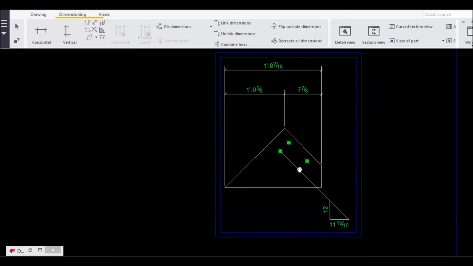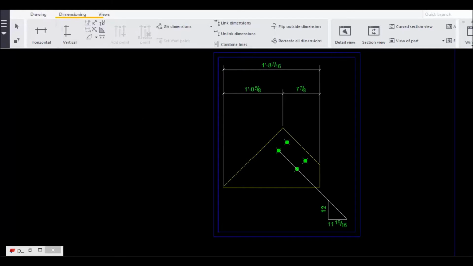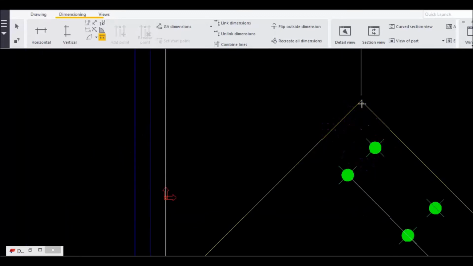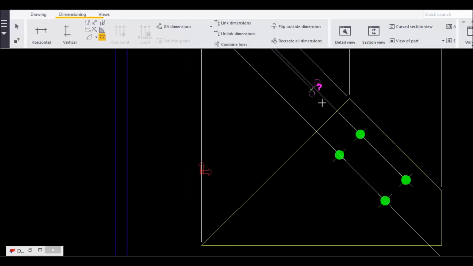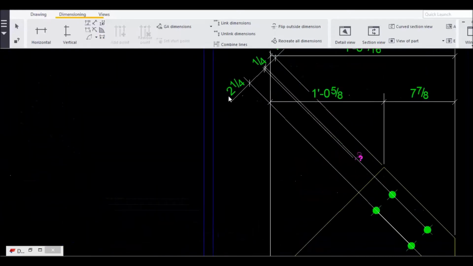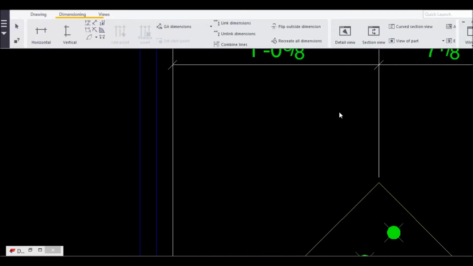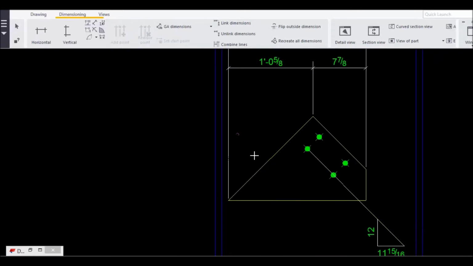Now if you want to assign the parallel dimension, you go to this dimension toolbar, you go to add parallel dimension. In that, first point, second point, and first, second. So in this way we'll assign the parallel dimension. So I think we got a pick point error. I'll just delete and show you once again.